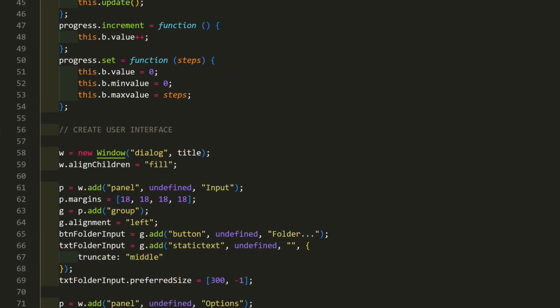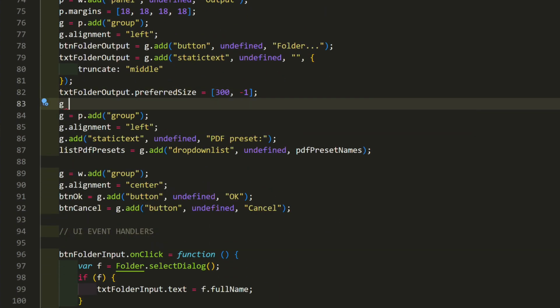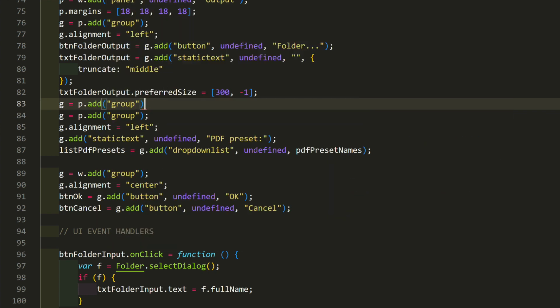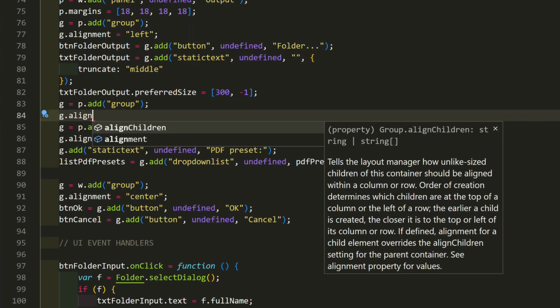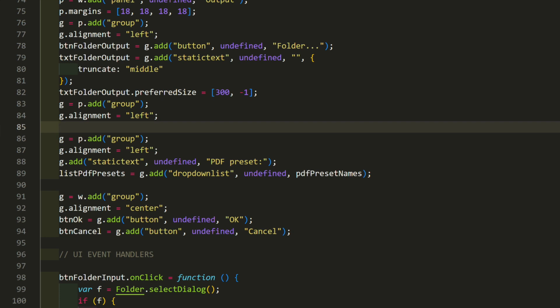Then in the interface, before PDF preset, I'll make a group for the new buttons. g = p.add group. g.alignment = left. And add the two radio buttons.